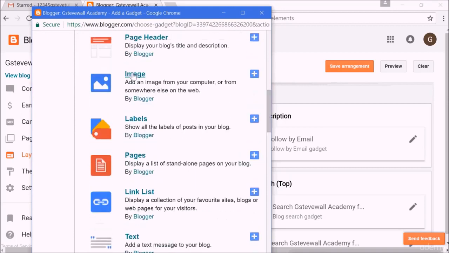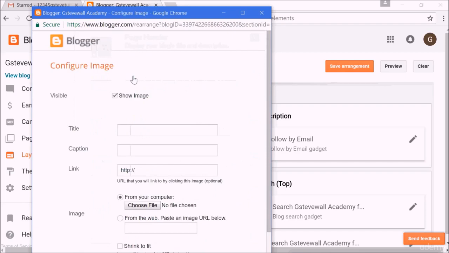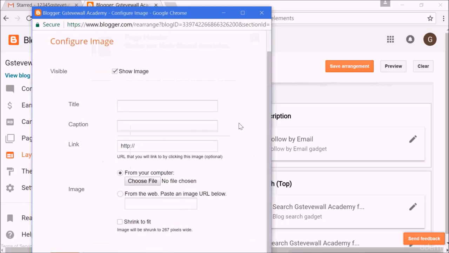I can click on image, and the title of the image is more digestive courses. I can add a link so that when you click on it, it's going to take you to my page. So if I should add this, I'm going to say